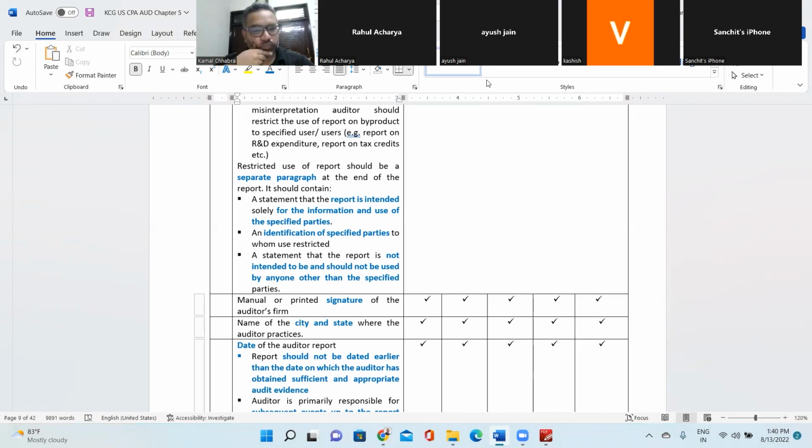So we will change the address as well? Yes. Okay. Now you are restricting the use. Okay. So in that case, it will be only the two EY US instead of two shareholders and board of meeting. Yes. Please,